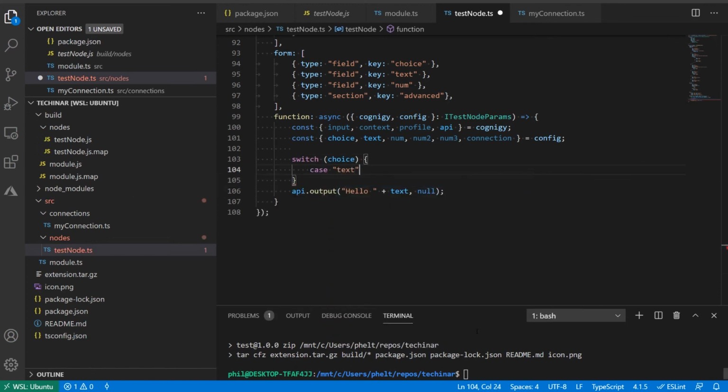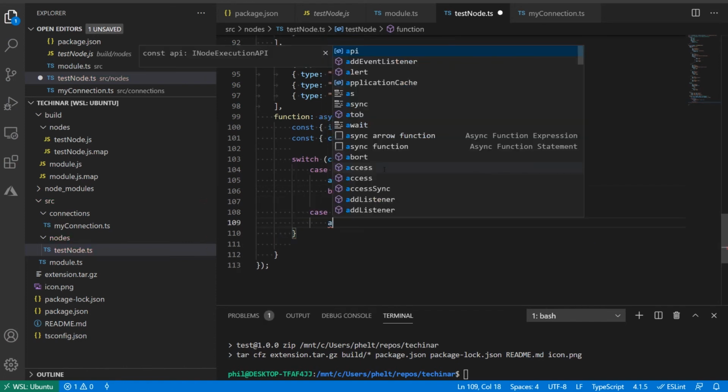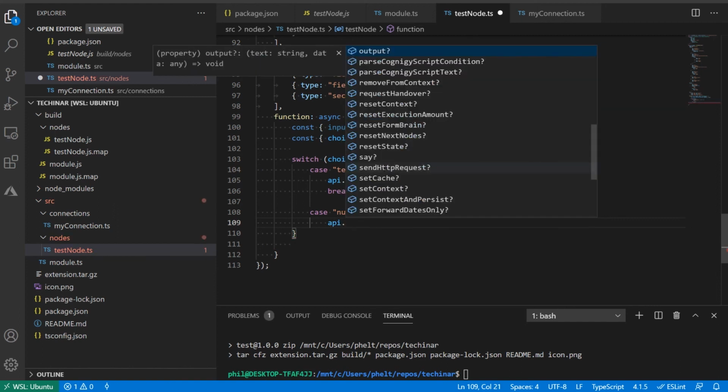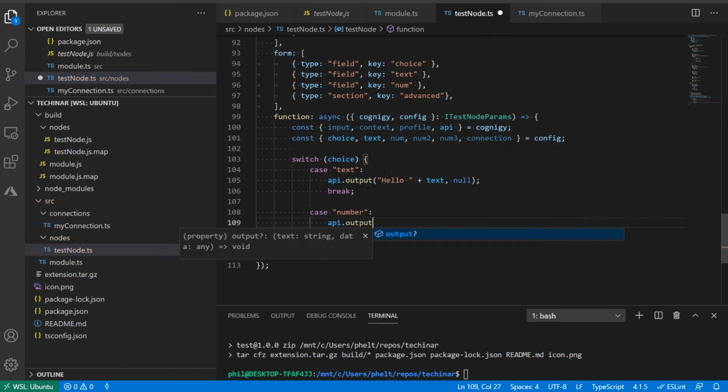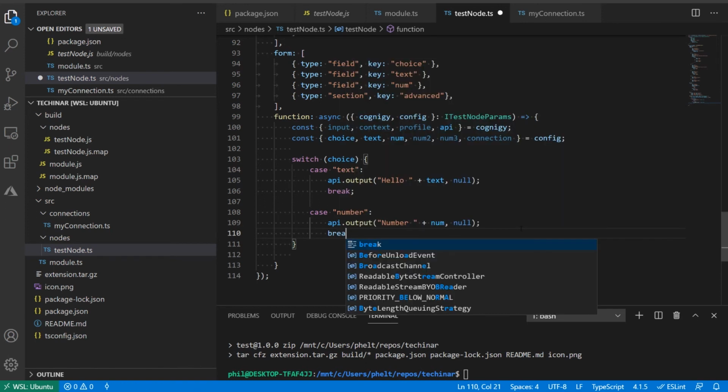If it's text, we are going to do exactly what we did here. And then we break. If it's number, we are going to do an API.output, and we'll say number, and we'll just take num, for example. We could do something with num2 or num3 here as well, but let's keep it at that for now.